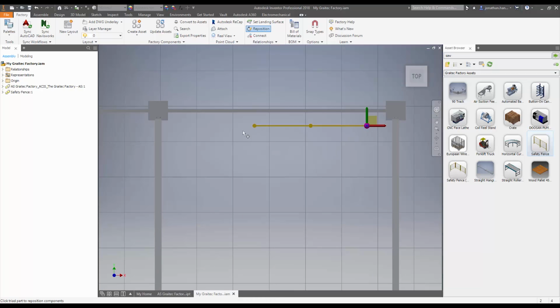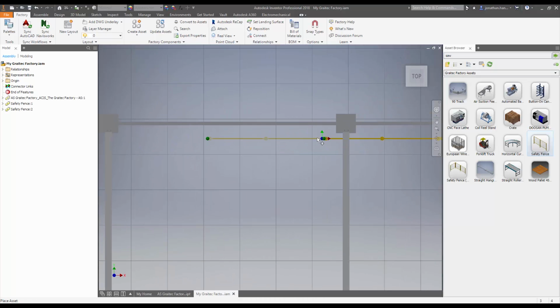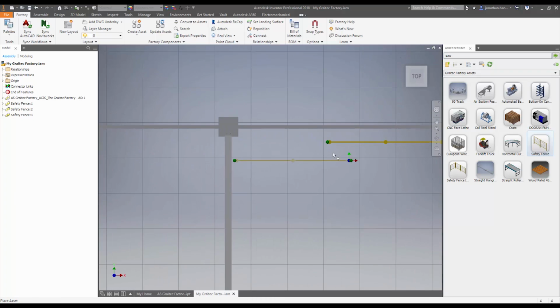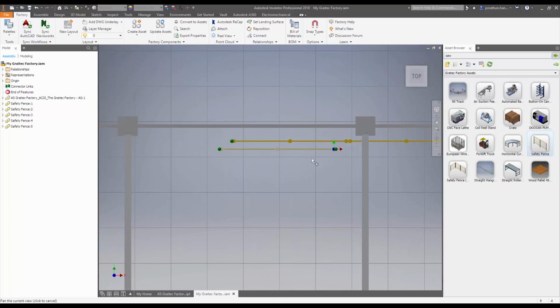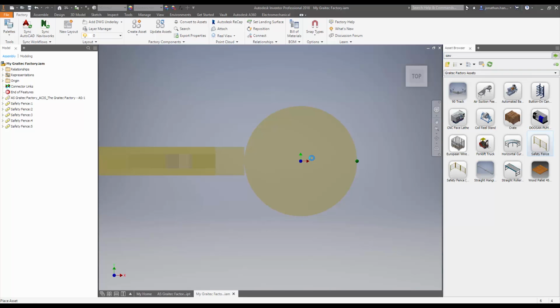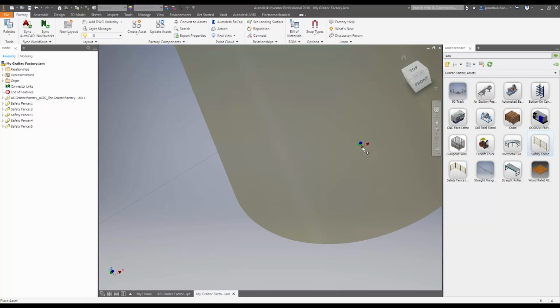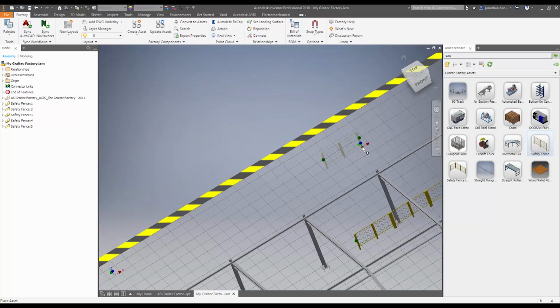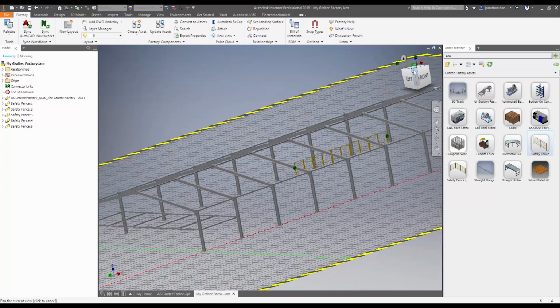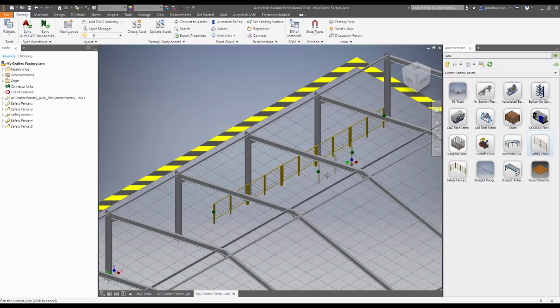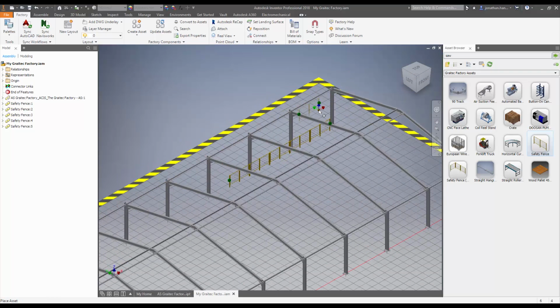So you just simply click in the model, and then you enter to confirm it, and it repeats the command. You see you get this little sticky yellow line, so it's looking and it finds a relationship with the previous one, and when you hover over it, it just sticks into position, and then you just go and keep placing the assets. And if we look in, you can see that it has then placed the railing into position,